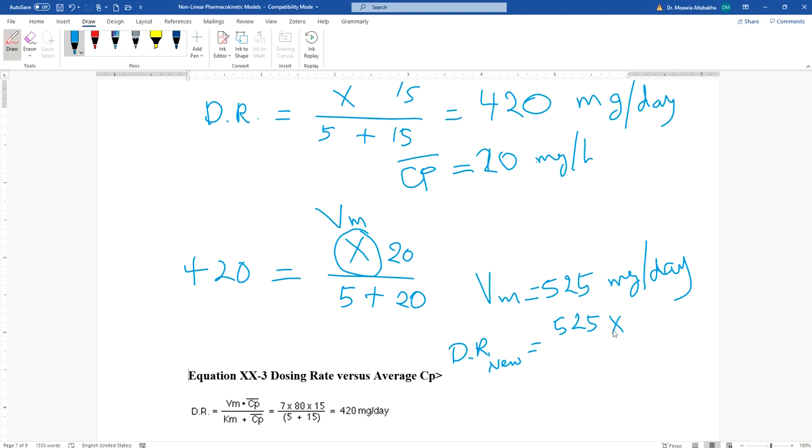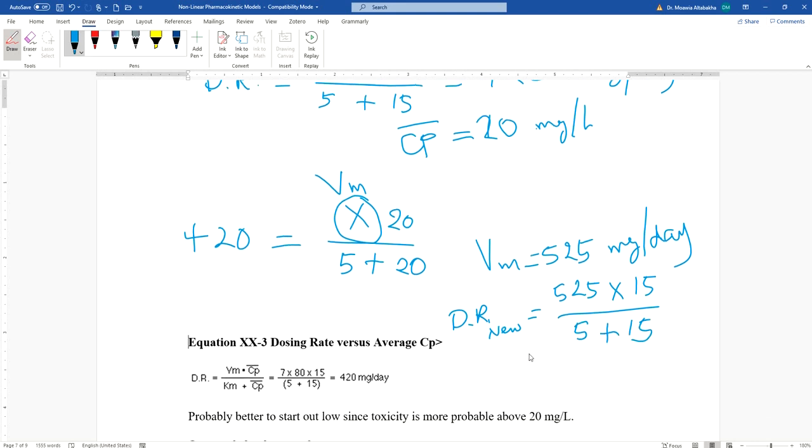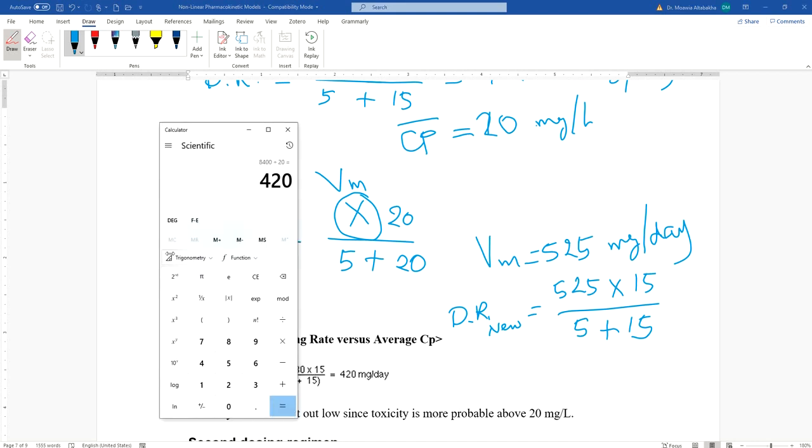What you did here is you changed the VM to reflect this individual patient. So 525 into 15 divided by 5 plus 15. We'll do it together: 525 multiplied by 15 equals, and then divided by 20,